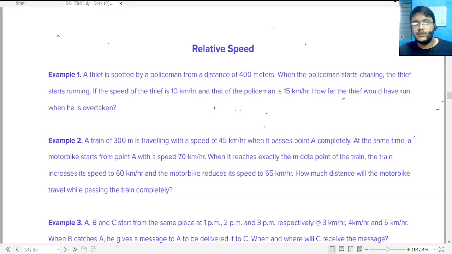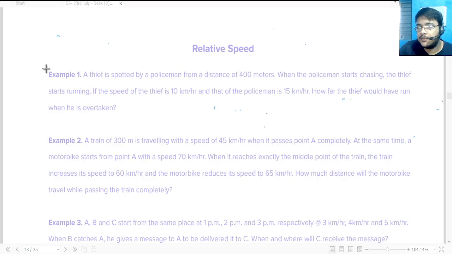Okay, so we'll look into this question, and the first one is a good example, so we'll see how we can proceed with it. But let me create some space. Okay, so